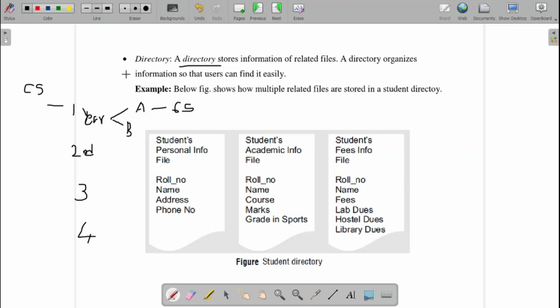Now we combine these files. We are not merging the files. What we are doing is creating a directory and putting these files in it. Right? That is, a directory will store the information of the related files. So these are the entities. On the top we have the directory. Directory will have the collection of files. File actually will hold our data. What will the file have? It will have a collection of records. Each single entity will be called a record. Right? Then next,